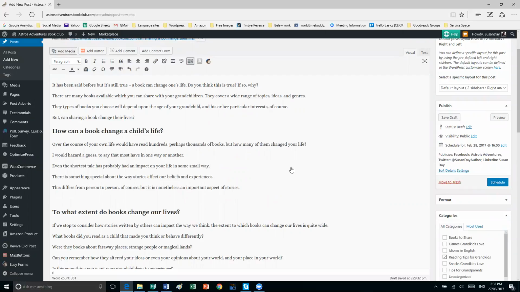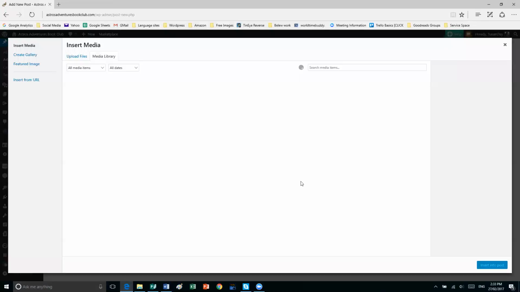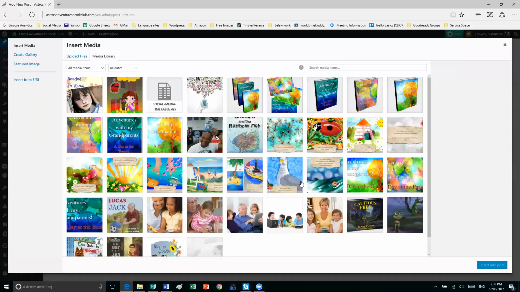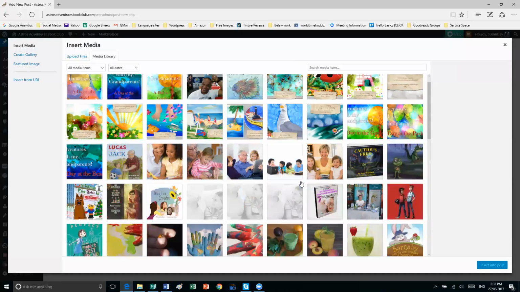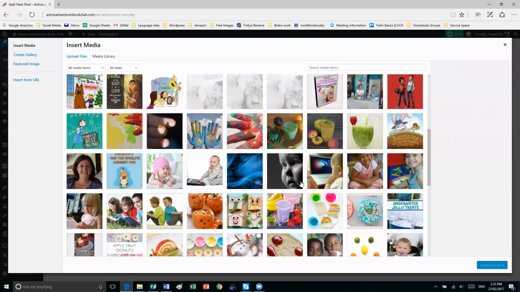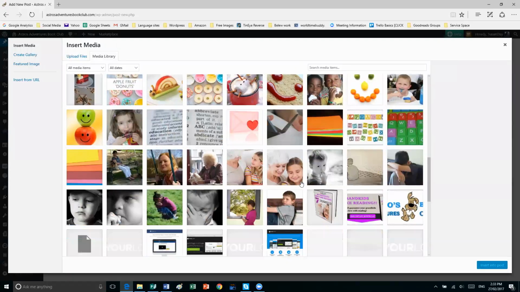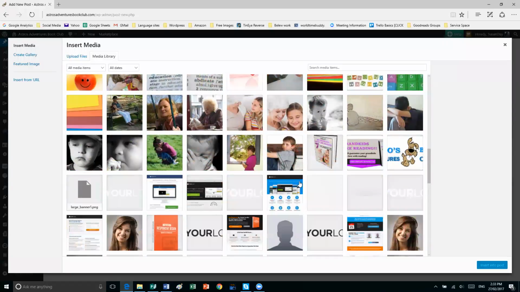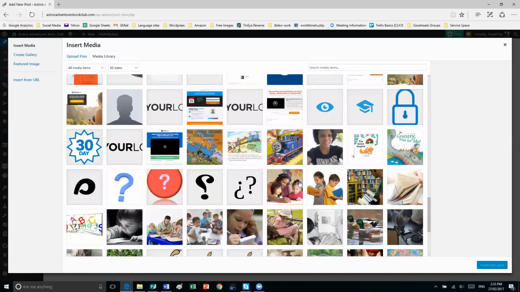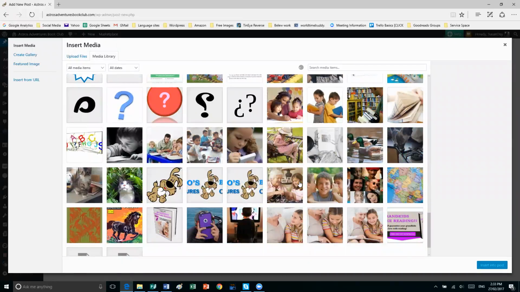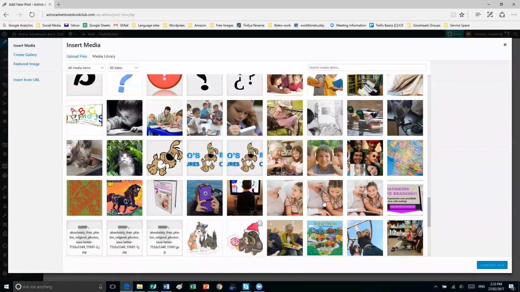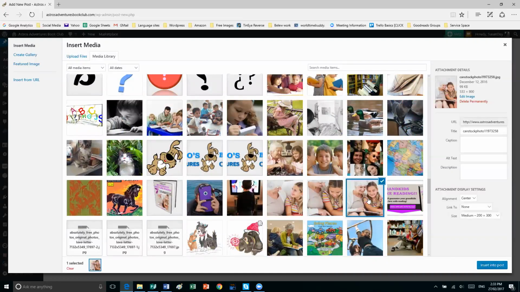So let's go back. I'm not going to use the same image because the way this theme is set up, the set featured image appears above the actual blog post. So I'm going to choose another one because I just think it's nicer to have more and different images coming up. Let's go through these. Oh, it's a happy, interesting blog post. Let's choose this lady down here. Oh, let's choose this one here. Lady reading to her